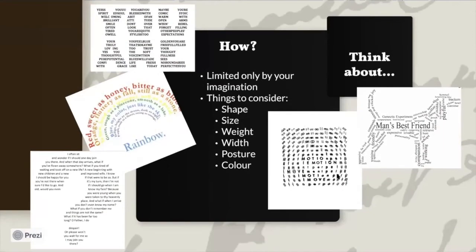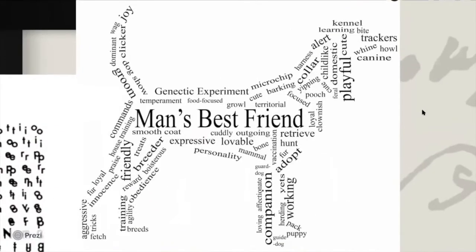Now, I'm going to go through this presentation and I have a ton of examples just to spark your interest and give you some ideas. Basically, how do you write visual poetry? Well, it's literally limited only by your imagination. If you have a great idea, you can do it when it comes to visual poetry. Some things to consider are shape. So, for example, this poem, which is in the shape of a dog,